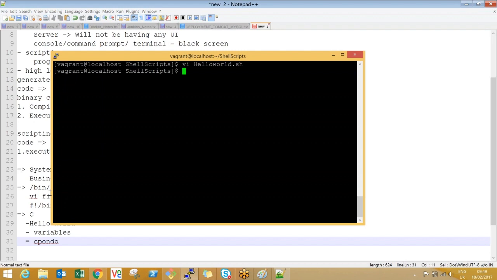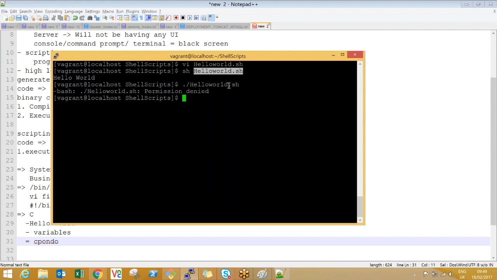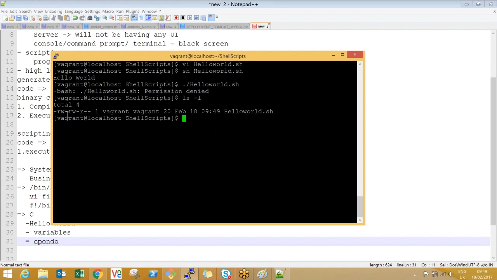Okay, try to run this file with sh space hello world.sh. Can you see the hello world output? It is an interpreter now. You are providing the hello world to your shell, so that it is interpreting. And again, the same hello world script can be executed like this, but it should have execute permission. Does it have execute permission, guys? There is no execute permission. How to give execute permission? chmod 754 hello world.